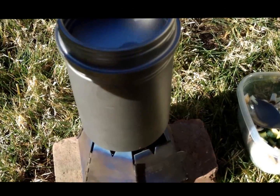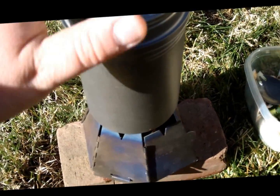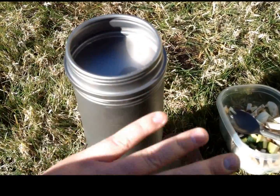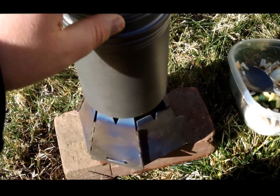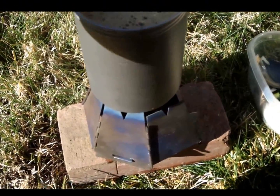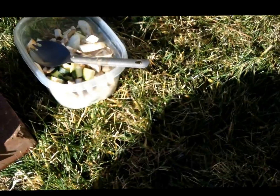All right, so noodles are starting to soften. The lid's not too hot. I know, I showed myself going and grabbing it where there's flame. Probably want to be careful with that. I'm not too worried about it myself. It's not that hot, but I don't want to be responsible for somebody doing something stupid. So anyhow,